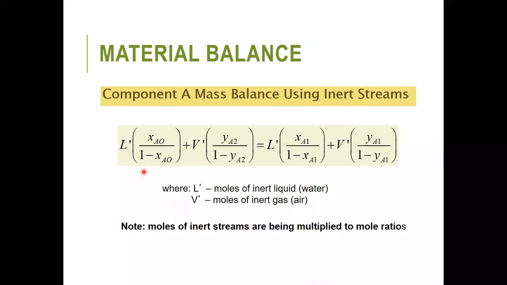This particular equation is very useful in most of the cases wherein the number of unknowns exceeds the number of equations that we can use. So in our case, if we're not going to utilize this one, we only have 2 working equations. And if our unknowns is already 3, then we cannot solve for whatever is required because we lack 1 more equation. But if we use this one, it doesn't really require that we know the exact value of the 4 phases. We only need to know the inert part of the phases.